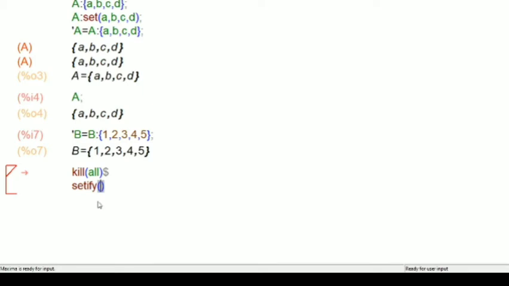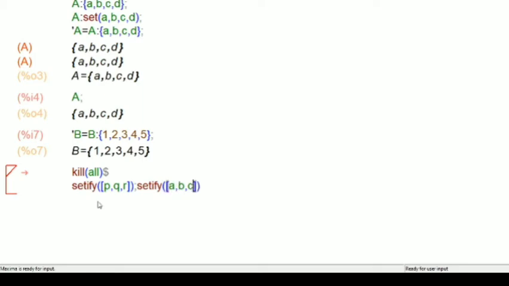Then setify with open bracket. What are the lists they are given? The first list, you have to write within square brackets P, Q, R. I want to display this, so I'll use semicolon. I'll type another example here only, setify. What is the next list?